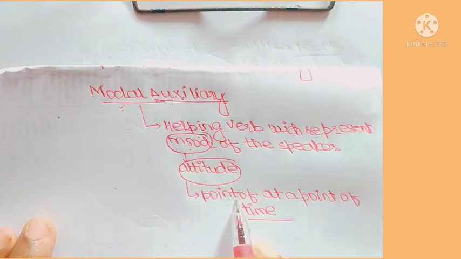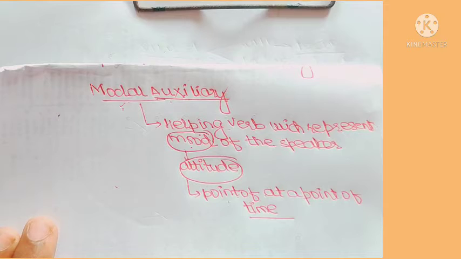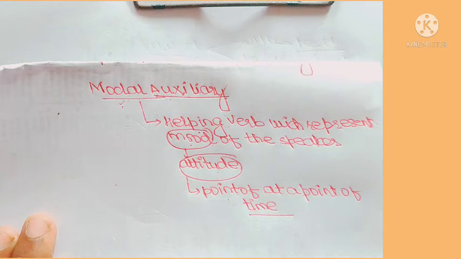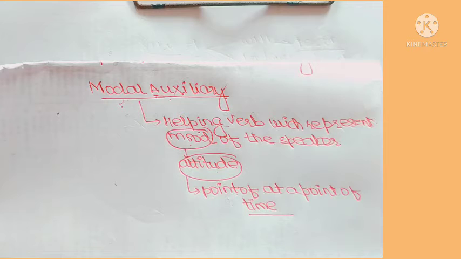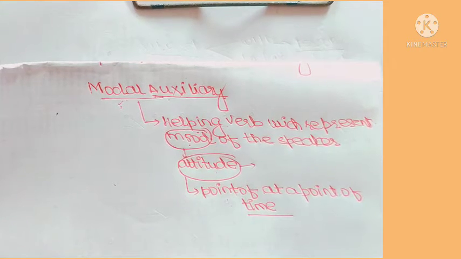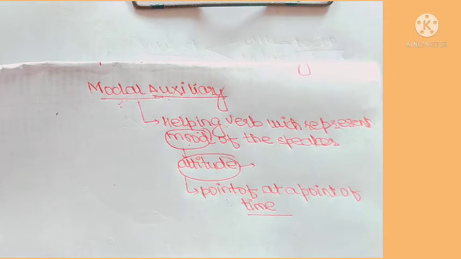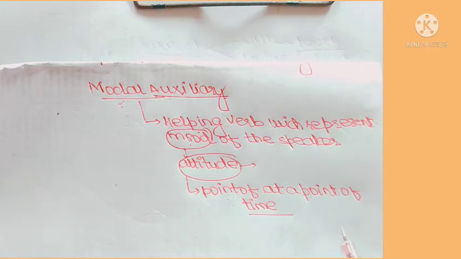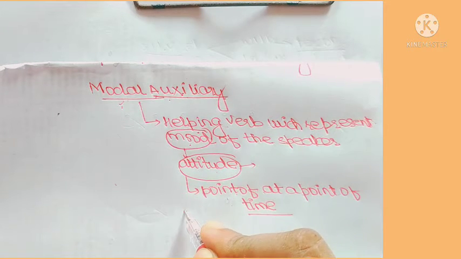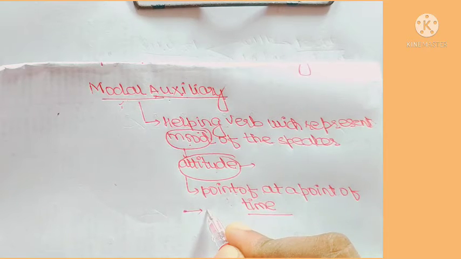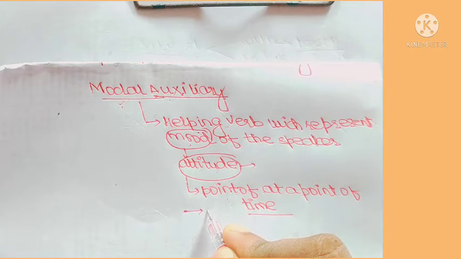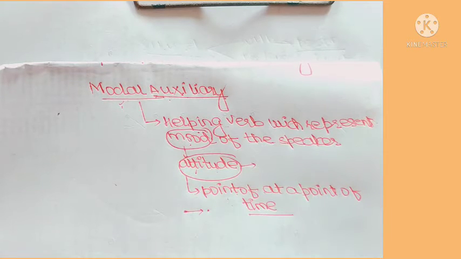As we have understood, point of view at a point of time means it is an attitude. But in a normal conversation, it can be understood in a lengthy way, or it can be understood as nonsense. It can create nonsense behavior. But attitude means point of view at a point of time. At a certain point of time, what a speaker is thinking, expressing his view, what is his perspective, that is called its attitude, or that's called its mode here, right?